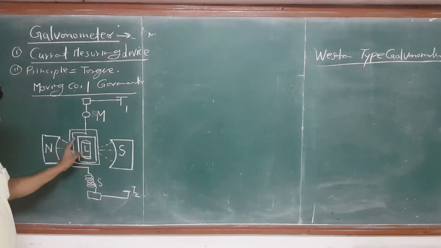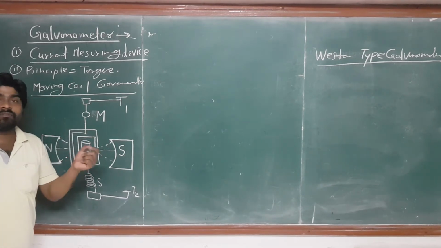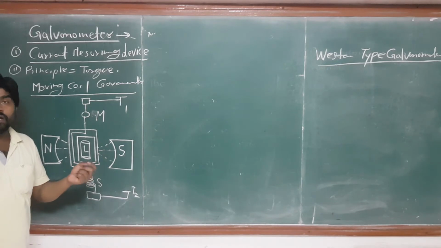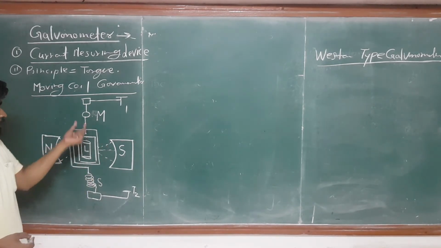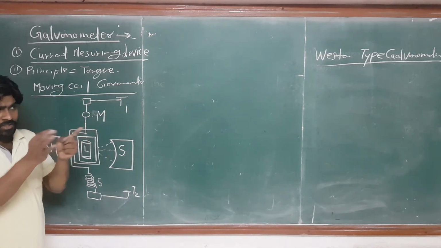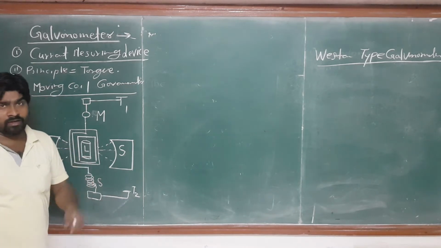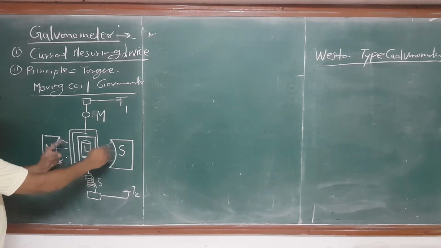So you can see this is the coil. Okay, it is a solid core. This is called the brass material. There is a number of turns, and this wire is very thin in size, so when it rotates, we cannot recognize it. Then if we connect this mirror, when it shifts, due to the reflection, we can get the value of the angle. Another point is, this is called the radial magnetic field.